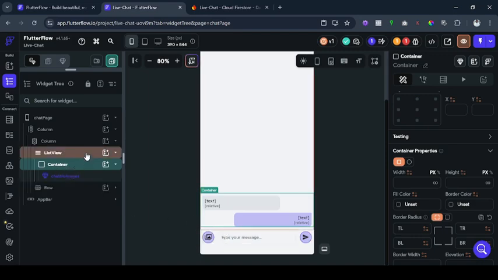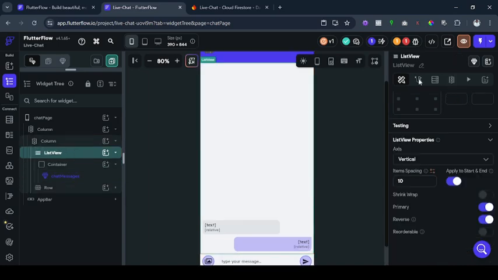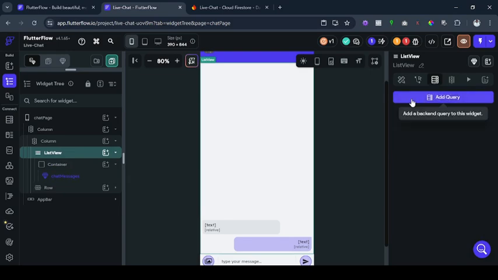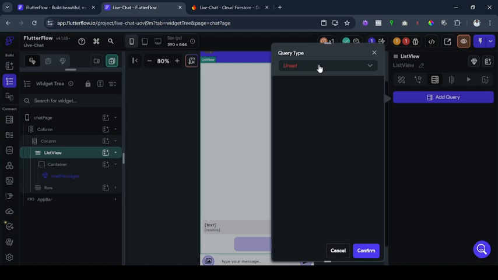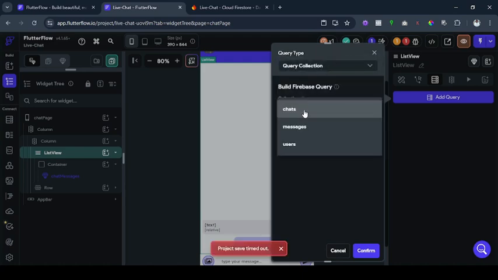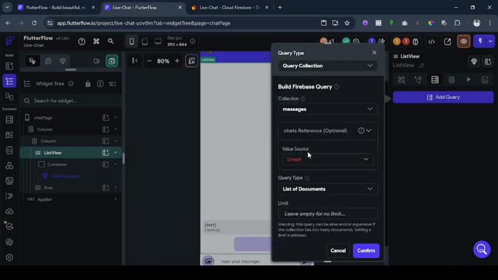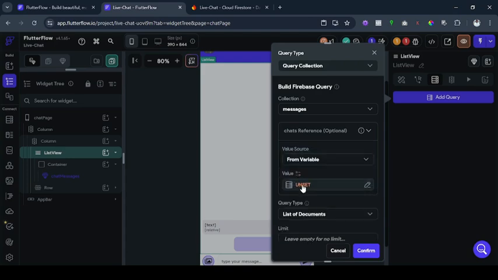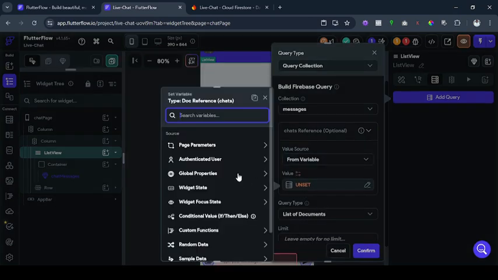Okay, so afterwards we'll click on our list widget again. We'll go to query. We're going to add query. We're going to query collection, and it's going to be our message collection. And remember, our chat message is actually a sub collection of our chats. So click on value source from variable, and it's going to be from,